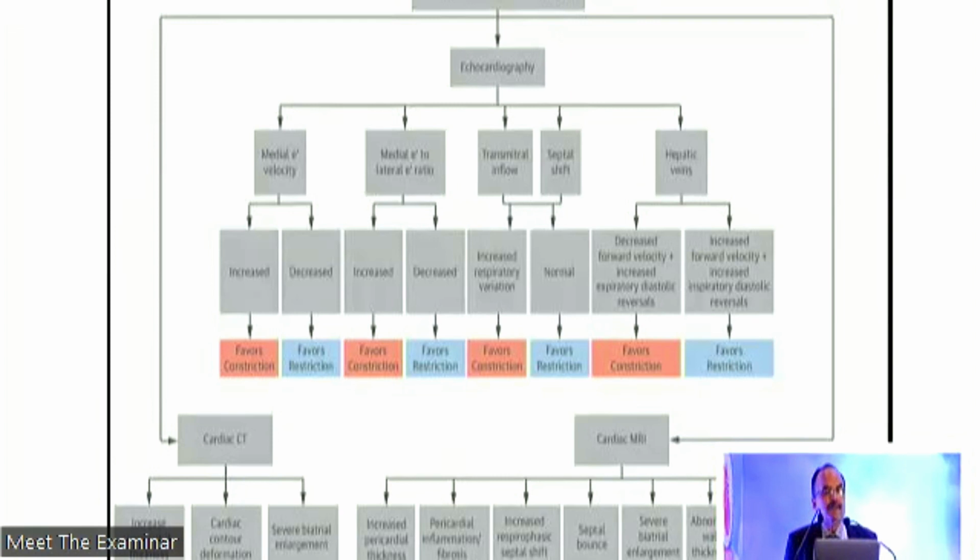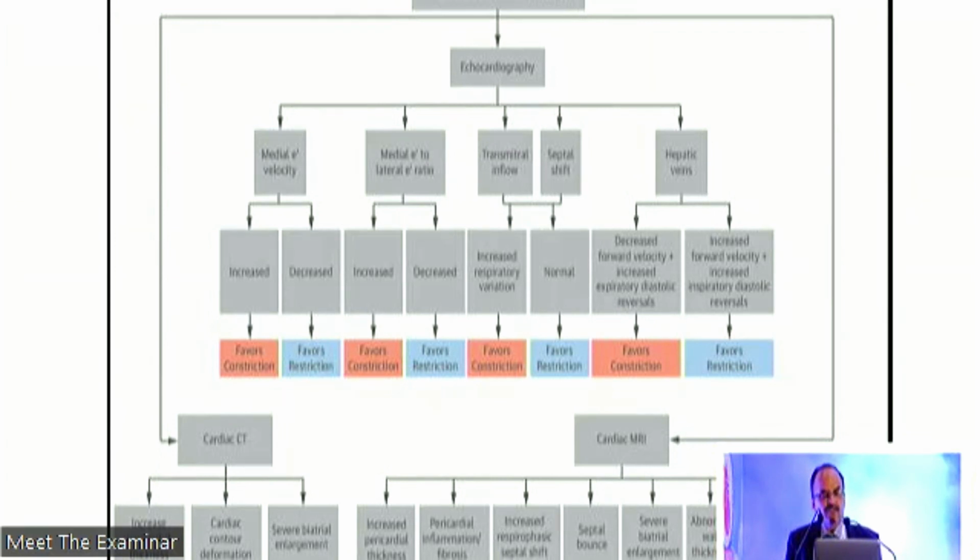So this is a little busy slide, but it is, I think, the most important slide. When you look at echocardiography, you look at the medial E prime velocity. If it is increased, it is favoring constriction. If it is markedly low, it favors restriction. Medial E prime to lateral E prime ratio, if it is increased, it favors constriction. And if it is decreased, it favors restriction. If there is a